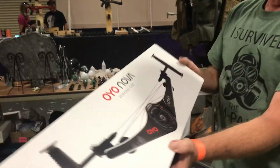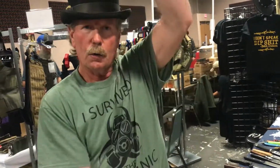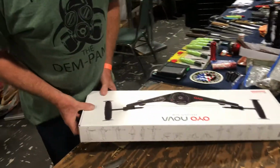The Oyo Nova. Okay. There's about 50 different exercises. You can come in, you can go out, you can go up and down like that, get it behind your back like that, go sideways with it. I saw it on